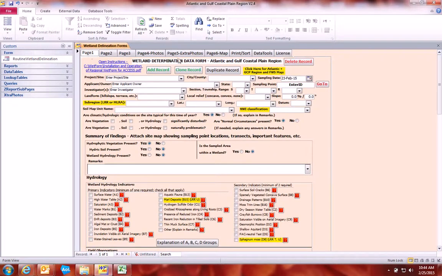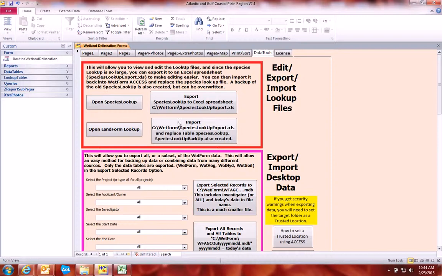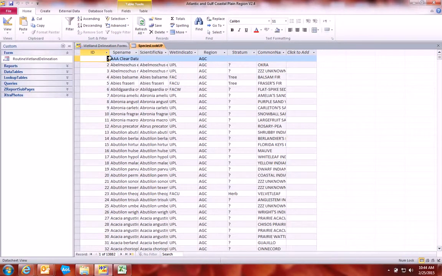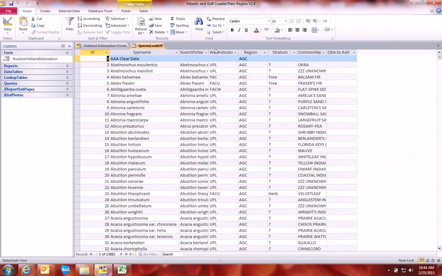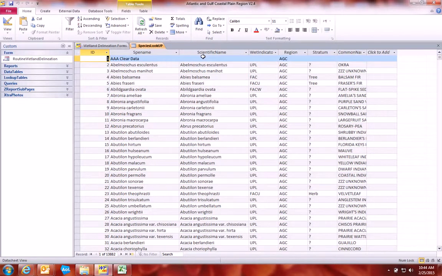So here we are on the main version of WetForm. You would go to the Data Tools tab. This upper red box has to do with importing and exporting and editing the species lookup list. So let's just open up the species lookup list, and you can see that it's got multiple columns here, and I'm going to widen these columns by clicking in the column margin, and you can see that we've got an